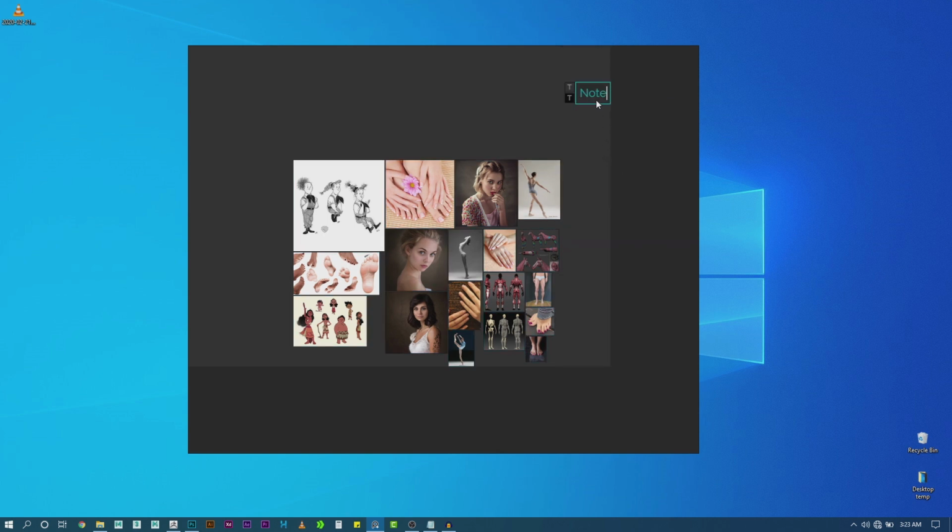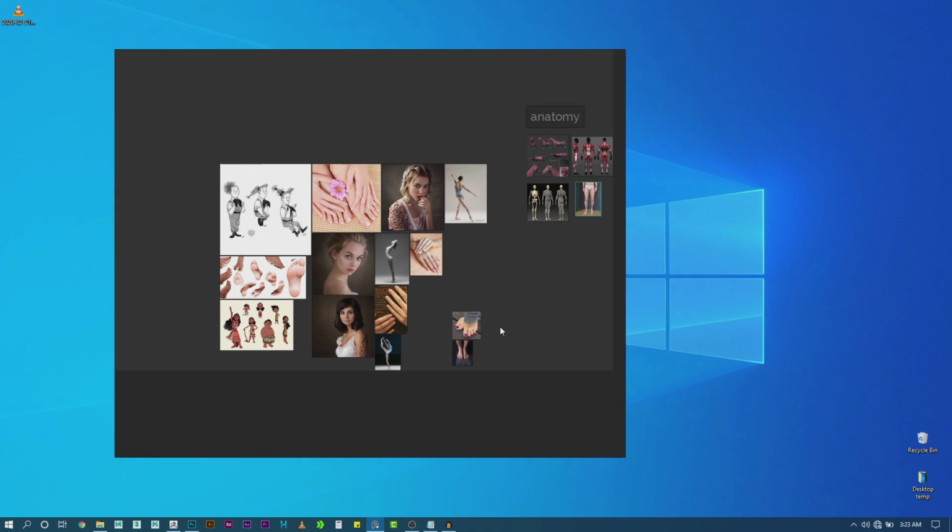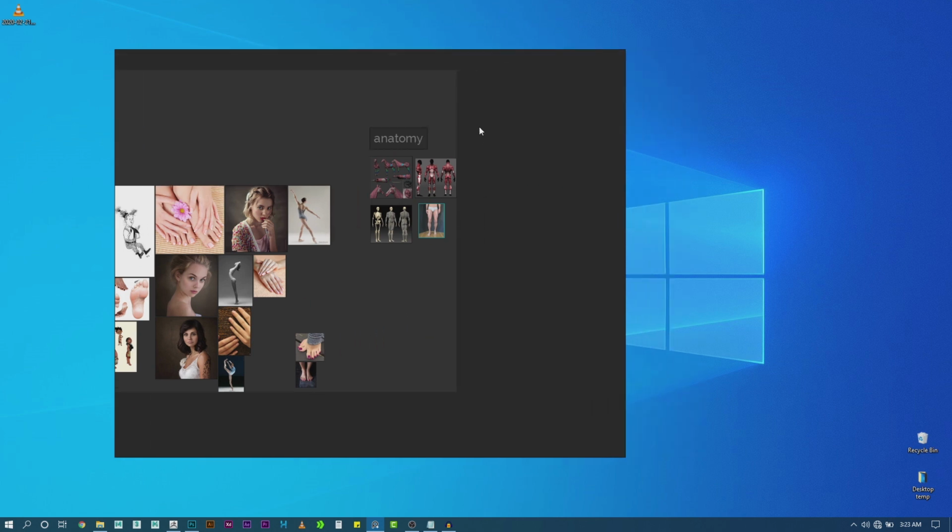And note, for example, you can write some notes. Let me just call this one anatomy. I can move around pictures like this. So the other thing is the mode. I'll show you the mode in a minute, but first let me show you how you can